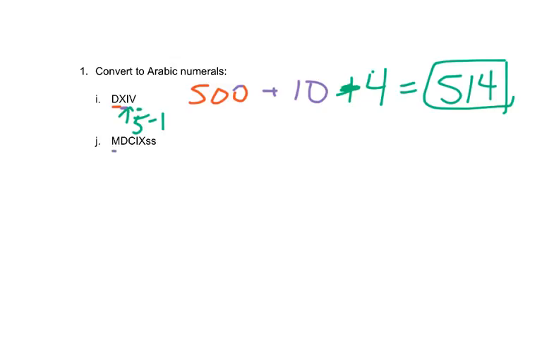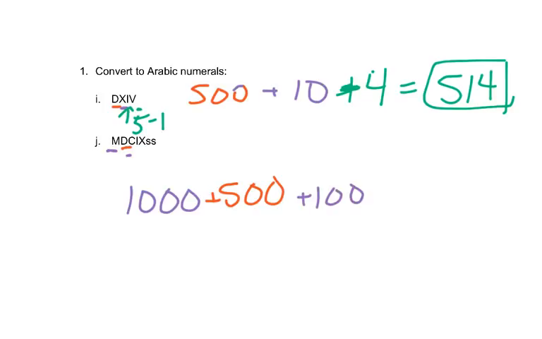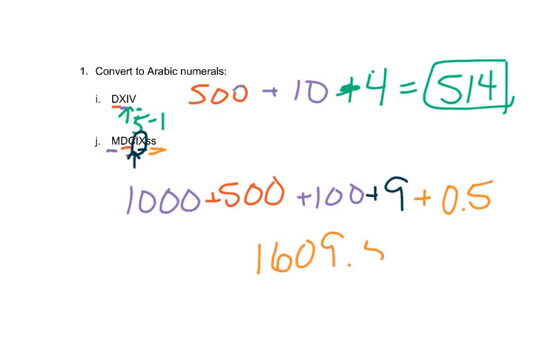In the next and last example here, we have M as our biggest number, that's 1,000. And then D is our next biggest letter, that's 500. And then C is our next biggest letter, that's 100. And then X is our next biggest letter, but there's a 1 before it, so we need to see this as 1 before 10, or 10 minus 1, which is 9, so we're adding 9. And then we have this SS on the end, again it's after, so we're adding it, remember it's 0.5. So we have 1,609.5,